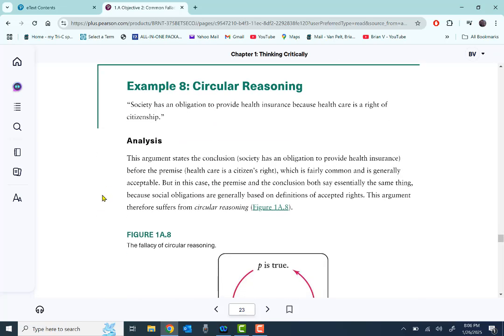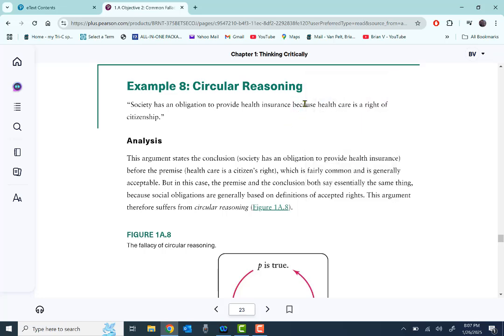Circular reasoning. This is where you assume what you're trying to prove. Society has an obligation to provide health insurance because health care is a right of citizenship. So what you're saying here in the first line is society has an obligation to provide health insurance. In other words, health care is a right of citizens. The point here is that both statements, society has an obligation to provide health insurance, forget the word because, and the line after,